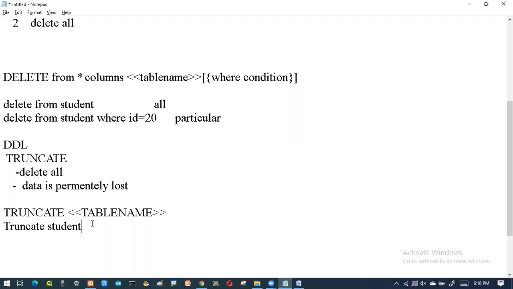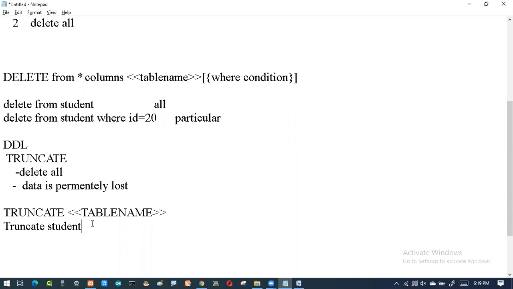Because if you really want to delete, a scenario is like this: you are working in an office and suddenly your boss has fired you for some reason, and it is not your mistake. Coming out of that, you want to smash everything. So what you do is simply use the truncate command and delete the entire data. Then he will be in trouble. Okay, I'm just telling the example, don't do such kind of things.